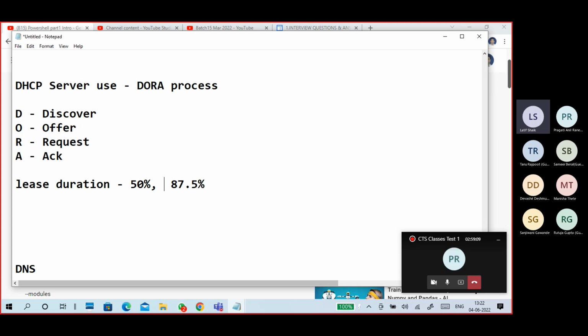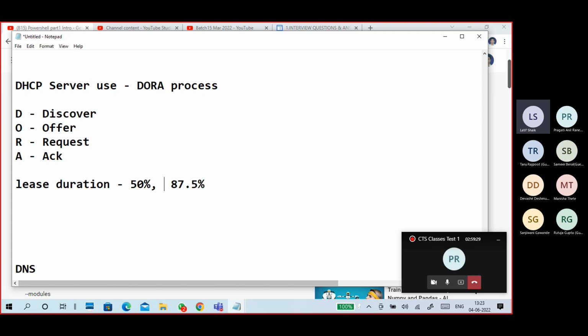Again, if the client fails to renew at 50% and 87.5%, and 100% of the lease duration is completed, the server removes the client information from the server list.